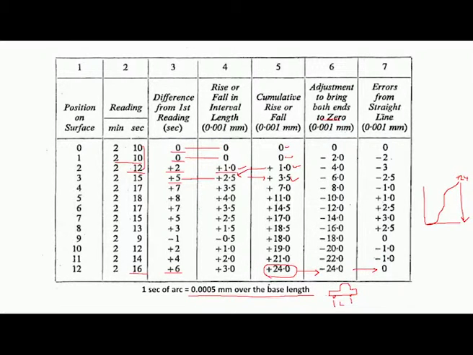Like this we have to add the adjustment values, and finally we get the errors from the straight line in terms of 0.001 millimeter, or directly in terms of micrometers. Now, you can see here the maximum value is 3 micrometer from the straight line. That means we have the reference line like this, and the profile is like this. This is the maximum from the reference line, it is 3 micrometer.